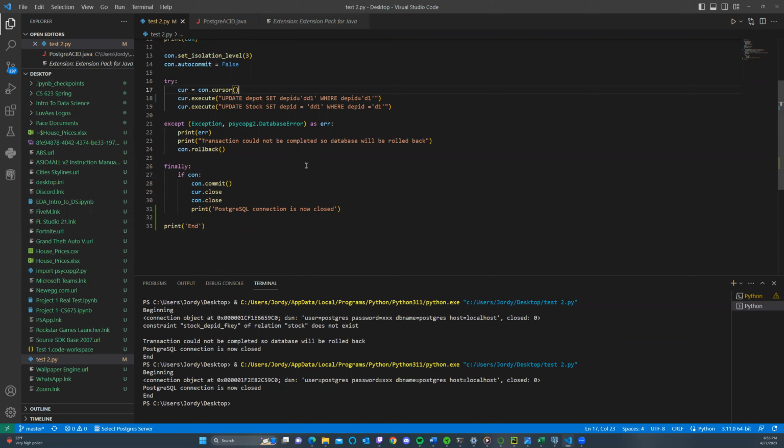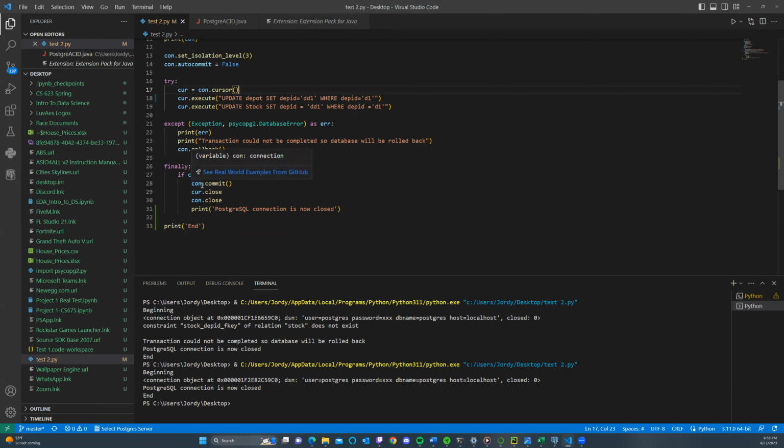This part of the code satisfies our consistency as part of ACID. Essentially, what we're doing here is making sure that if our queries cannot be executed without interfering with a constraint or without bringing back a database error, the system tells us that it's an error and it rolls back all the changes that were made. And so that satisfies our consistency part. And then here,